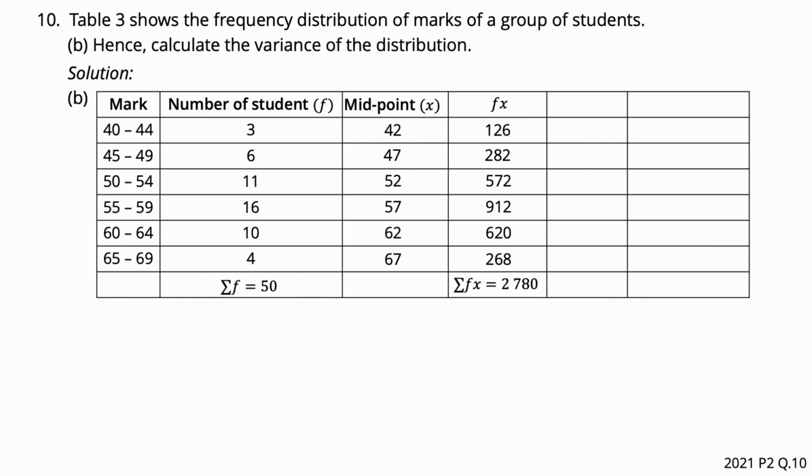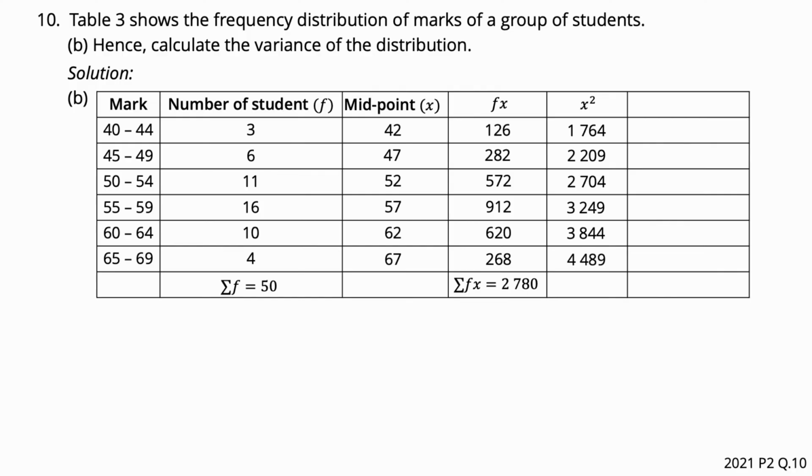Question number 10b. Hence, calculate the variance of the distributions. Add 2 more columns to the right side of the table. List down the values of x squared in the new column. 42 squared is 1764. 47 squared is 2209. 52 squared is 2704. 57 squared is 3249. 62 squared is 3,844, and 67 squared